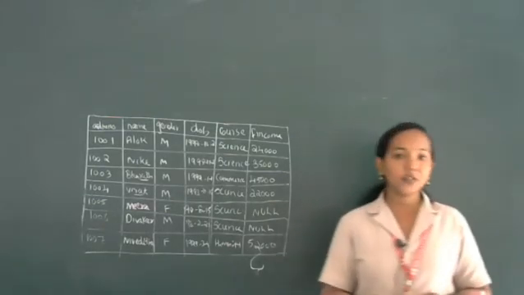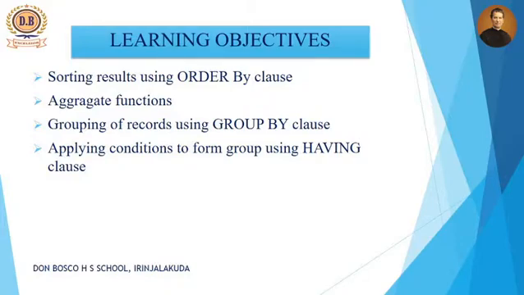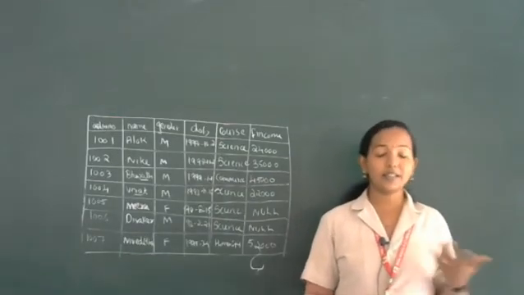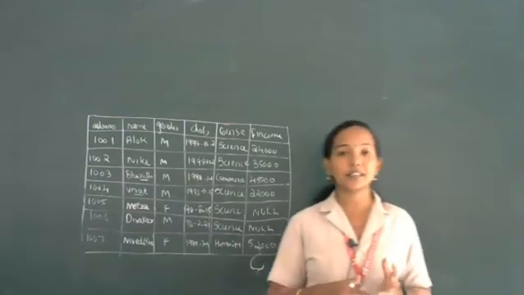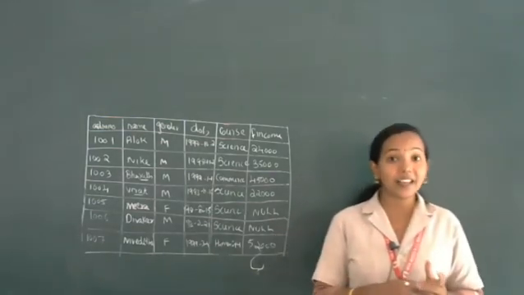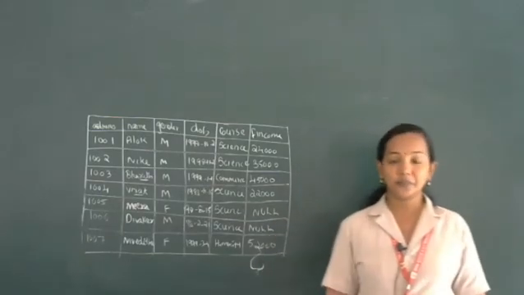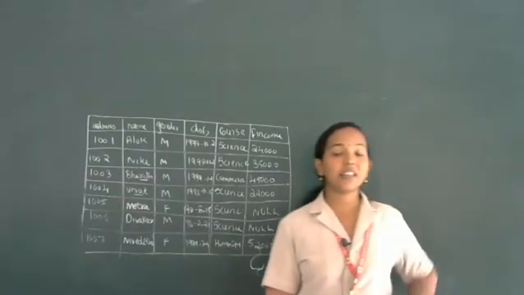Then in this video we are continuing the topic, but here we are using some other clauses like GROUP BY and aggregate functions, and one more, the HAVING clause, then ORDER BY. So the terms that we are going to discuss are GROUP BY, aggregate functions, ORDER BY and also the HAVING clause. Here one table is given already.